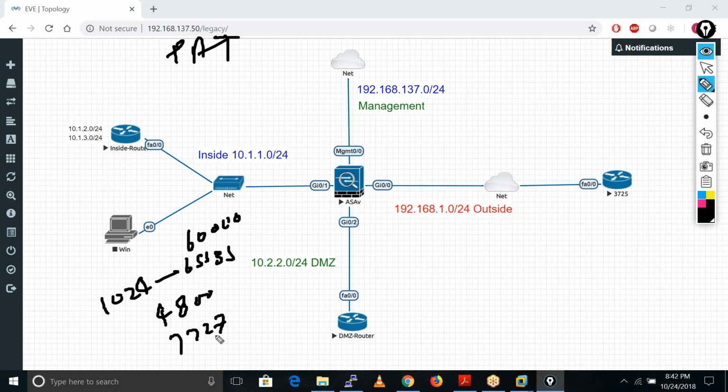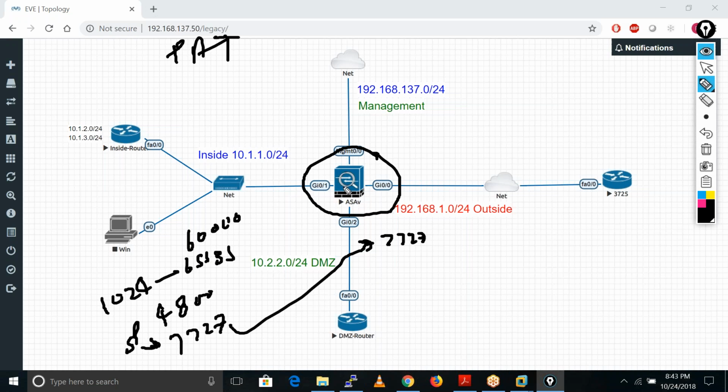So when it receives, sometimes ASA may also use the same port here. This is the source port here. Maybe after translation there is a chance it is also using the same port. Because these are the algorithms configured in the operating system of the ASA firewall.